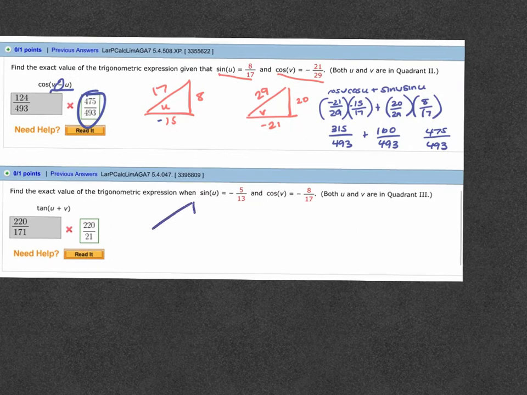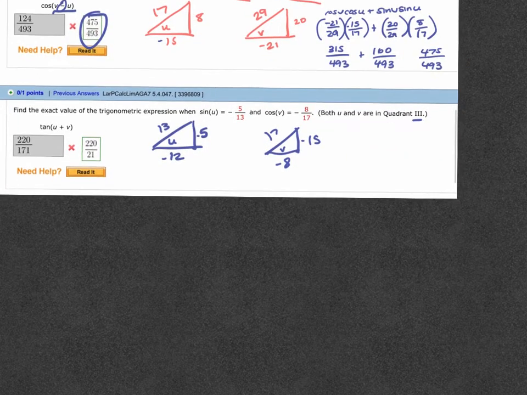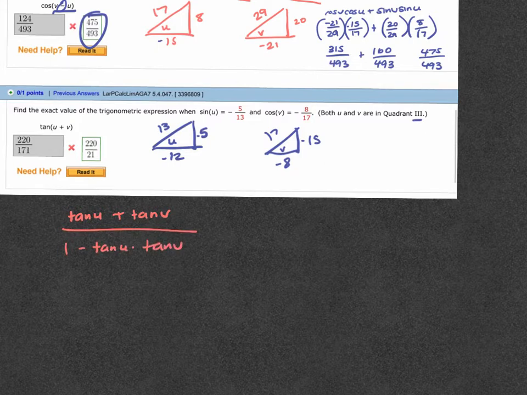The next one, another set of triangles. This time the sine of u is 5 over 13. This side is 12. The cosine of v is 8 over 17. They're both in quadrant 3, which means both the vertical and the horizontal are negative. So the 8 is negative and the 15 would be negative. So then tan of u plus tan of v over 1 minus tan of u times tan of v. Tangent of u is negative 5 over negative 12, or positive 5/12, plus tangent of v, negative 15 over 8, or 15 over 8, over 1 minus 5/12